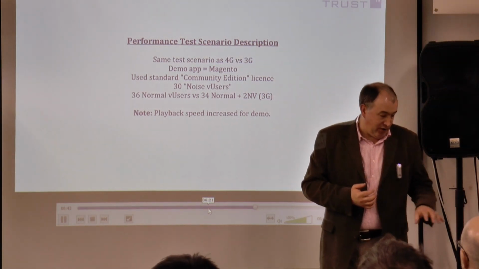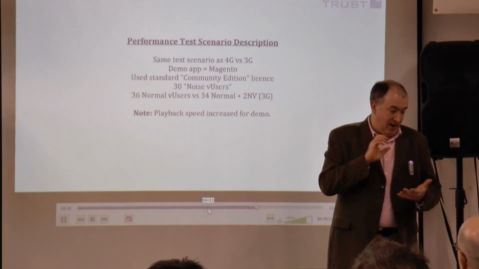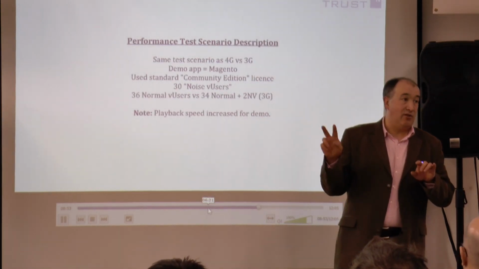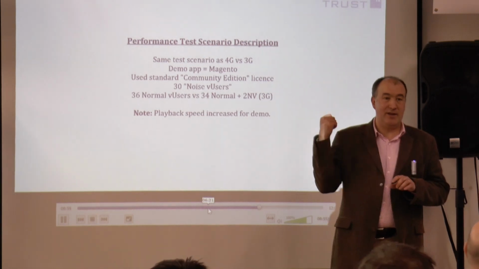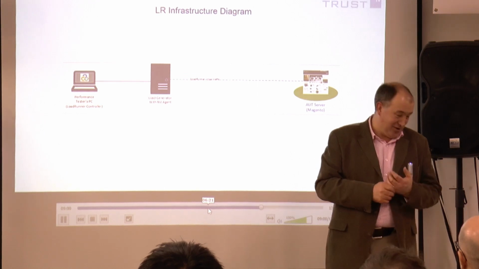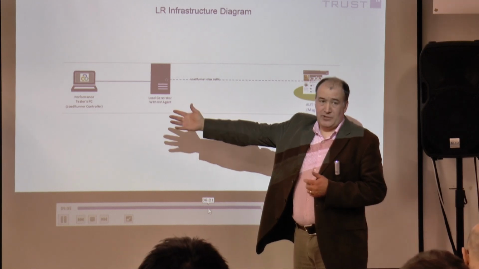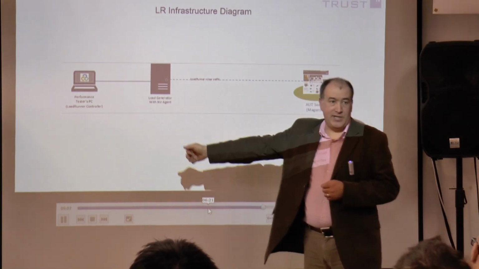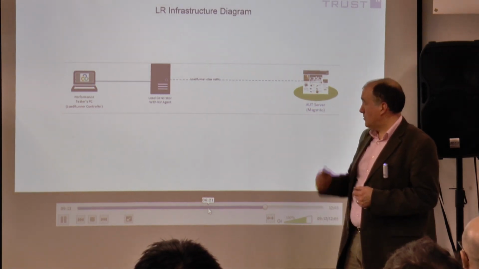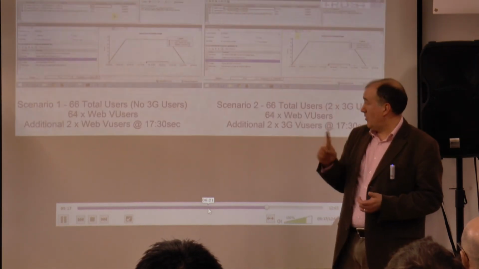Basically, we've got a test where we've got 36 normal virtual users in total, and then in one test we've got 2 of those are slowed down because they only give you a 2 network virtualization user license, so it's their way of basically making you buy the others. So this is our test setup. We've got our tester's PC, which is a LoadRunner controller, a load generator which has the network virtualization agent installed on it, and our test application. So we're using the free to use version, which is the one with only 2